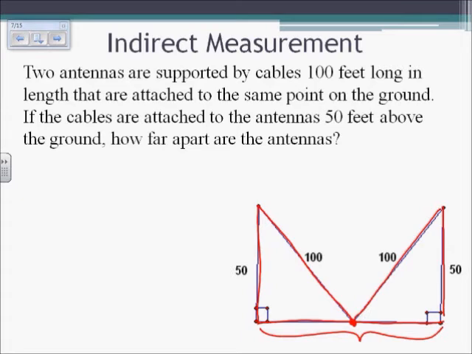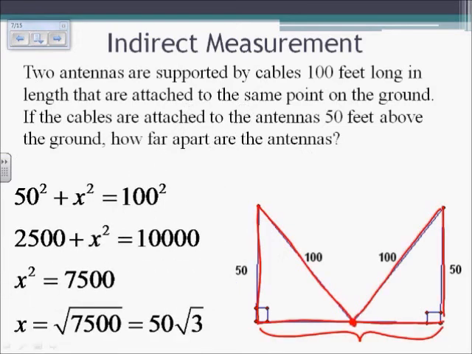Without much thought, I'm sure we're going to use the Pythagorean Theorem. And here is the work that ensues. If we have one of the sides 50 and we call the base x, and they're both x's, then we have 50 squared plus x squared equals 100 squared. So then simplifying, we have 2500 plus x squared equals 10,000. We subtract and we're left with x squared is equal to 7500. X is equal to the square root of 7500, and then we're left with 50 square root of 3. So that is the value for one